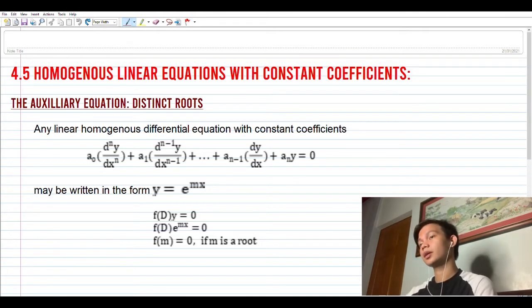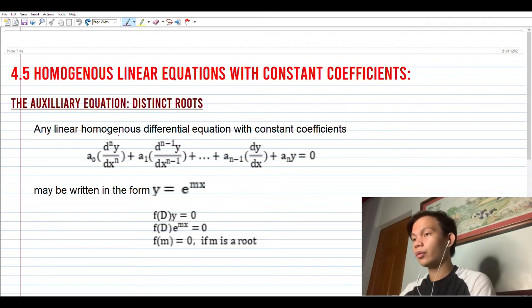Today we're going to talk about homogeneous linear equations with constant coefficients, the auxiliary equation of distinct roots. For homogeneous linear equations with constant coefficients, we have the general formula a sub 0 times d raised to the power of n times y over dx raised to the power of n, wherein